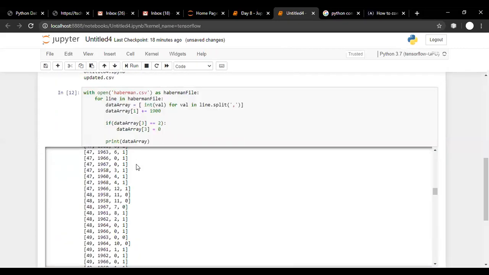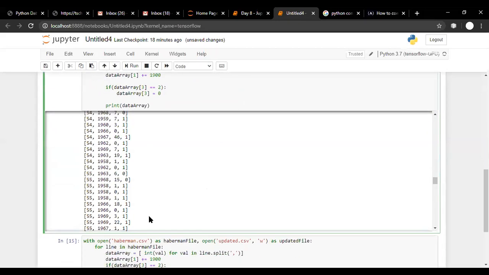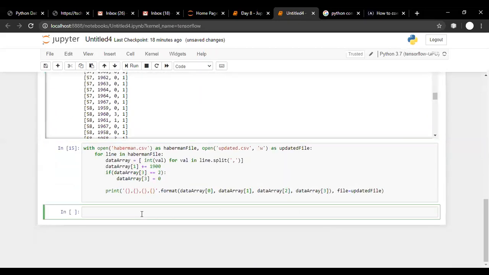But we have a code for reading the file. So what we will do is we will read the updated file.